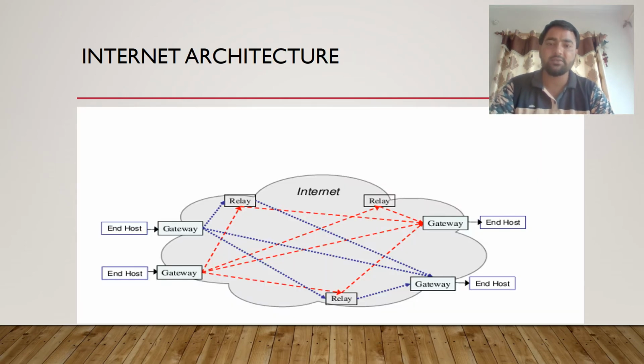The main thing to be considered in internet architecture is that the data that is actually transmitted to the user is in the form of packets. That means small packets are generated for the large data set, and those packets are transmitted over the network so as to accommodate them on the bandwidth of the network. If the bandwidth is high, the packet size can be large, but if the bandwidth is low, then the packets will be of very small size, so as to accommodate on the network.